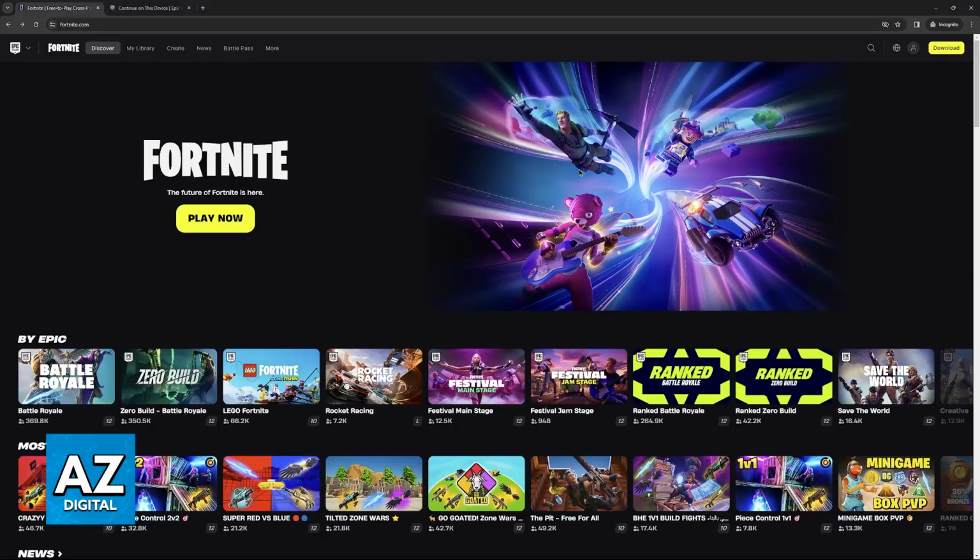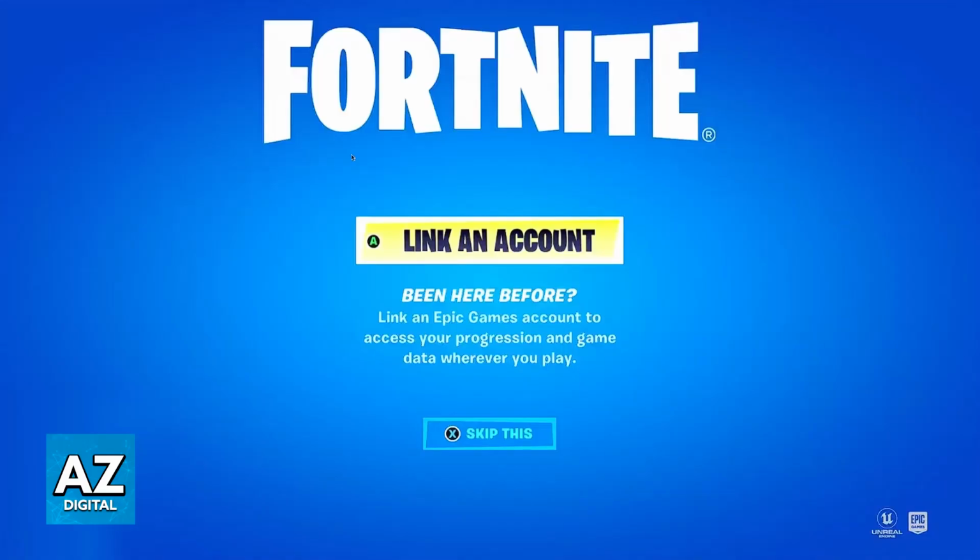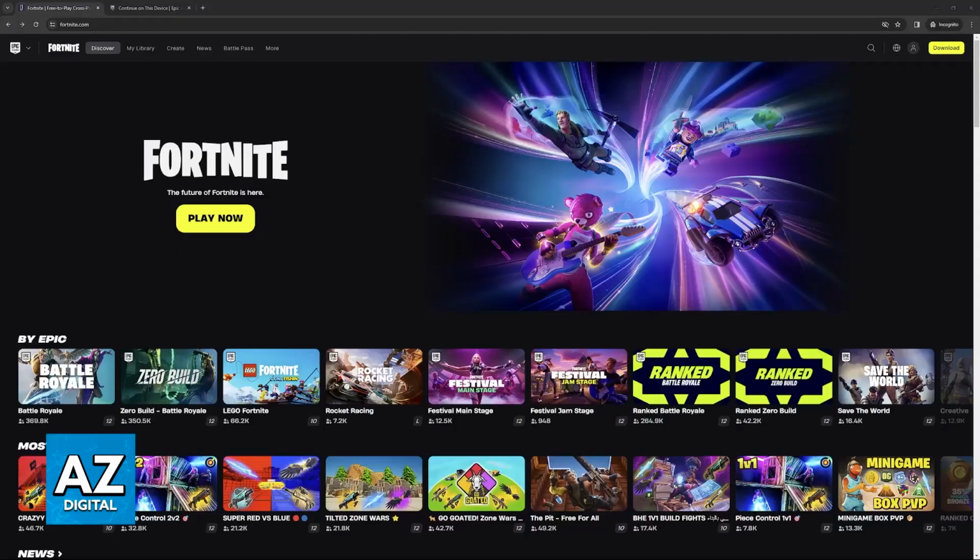So, when you first open Fortnite on any console, you will get a pop-up similar to this one that I'm showing you on screen, telling you to link an account. This is because in order to play on consoles, you will have to link that service account that you use on the console to an Epic Games account. So for example, on PlayStation, you need to link your PlayStation Network account to Epic Games. On Xbox, you need to link your Xbox profile to Epic Games, and so on.